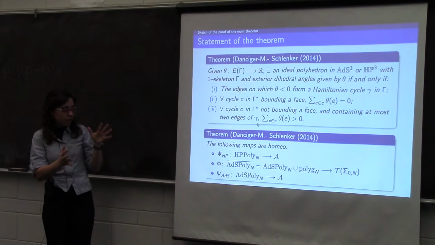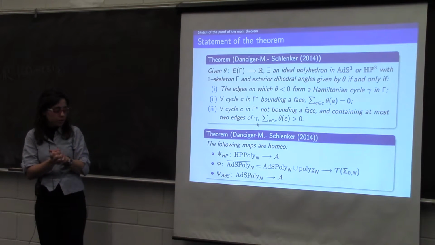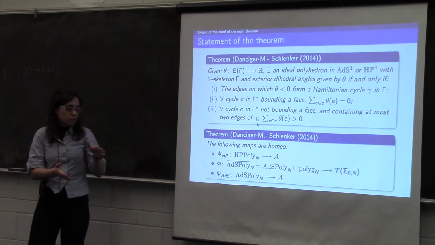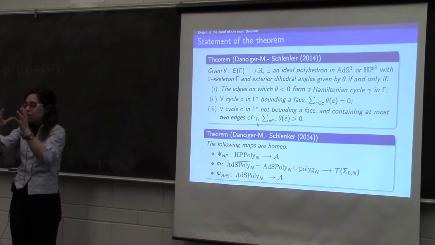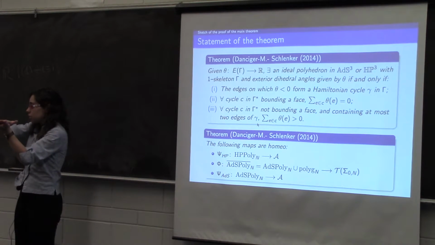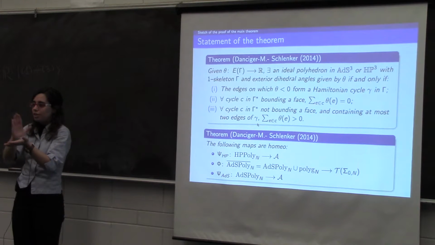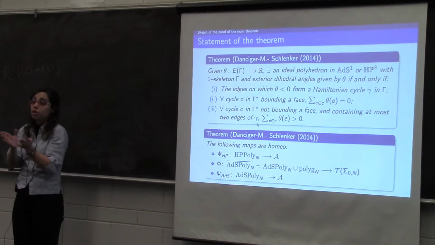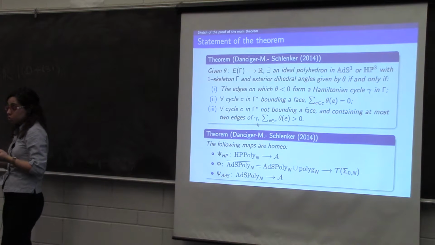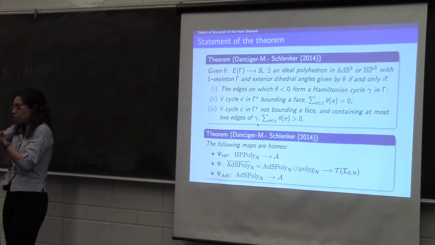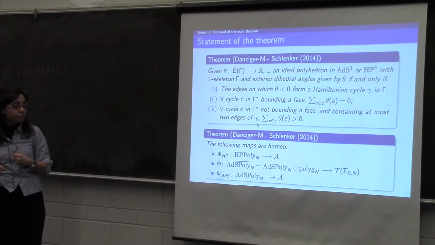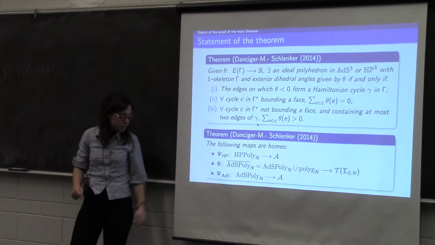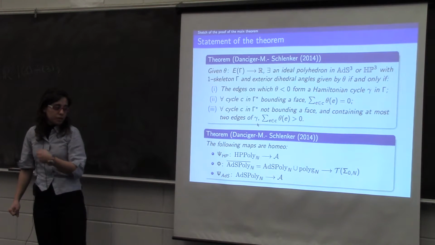So you have an anti-de Sitter polyhedra, and this time we need to consider also the flat polyhedra, okay? So anti-de Sitter polyhedra plus the polygon. Why? Basically you have different directions depending on which Hamiltonian cycle you choose, and all these collapse into the same polyhedra. So a map into Teichmüller space, and then the third map is the map as before, but starting with